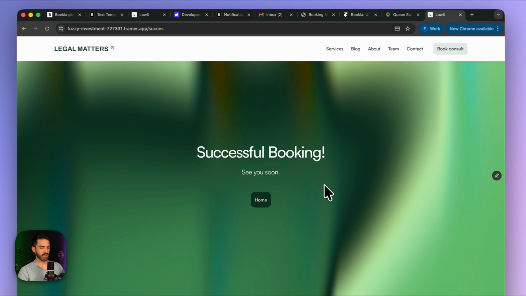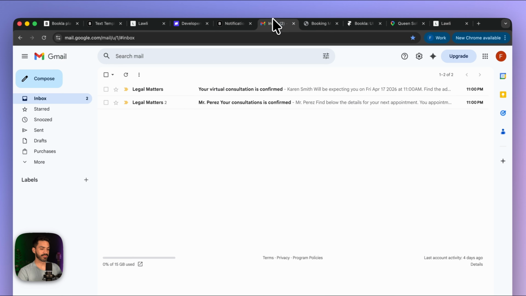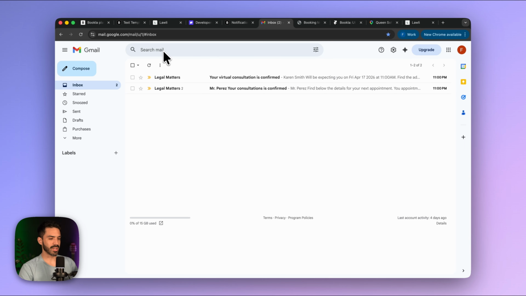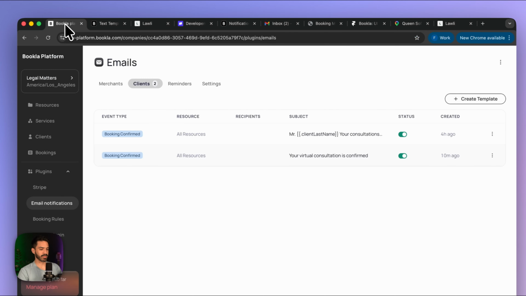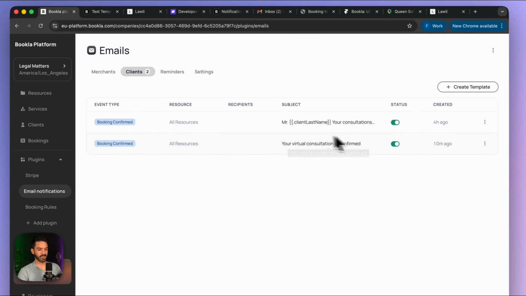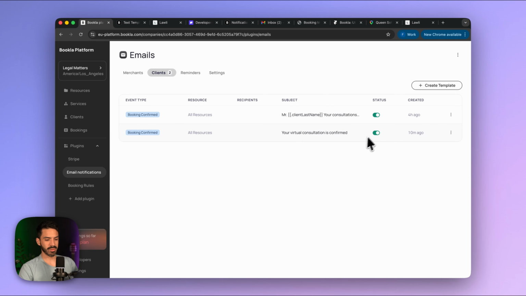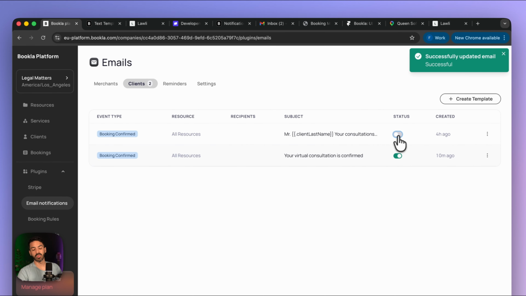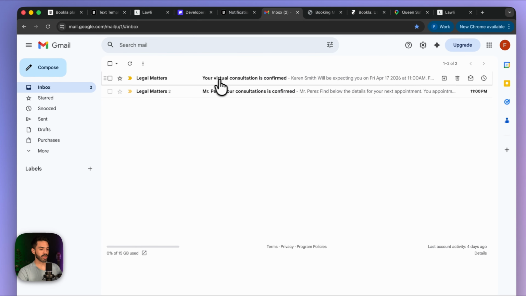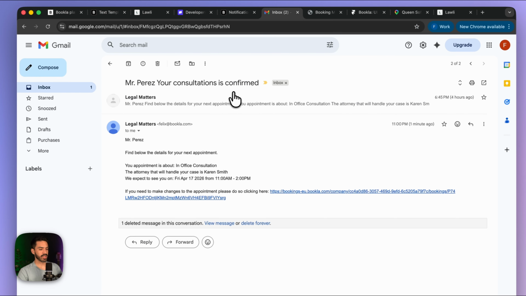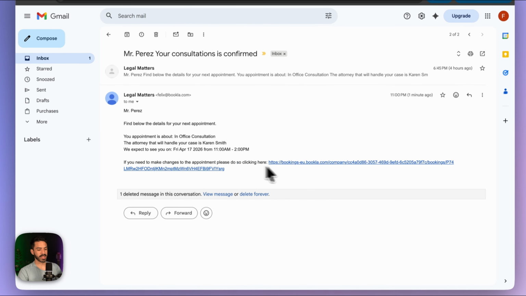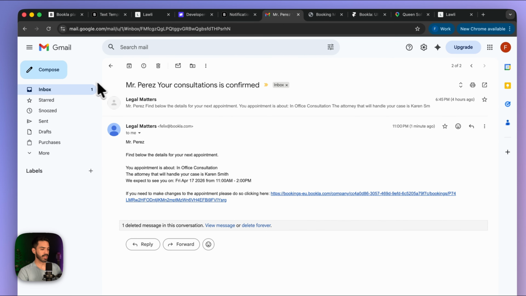Great. Now we should be getting an email. But we have to. Oh, we didn't disable the second template. So as you can see, we have the first template and the second one. Let's disable the first template we created so we only get one email the next time. But let's see how they are. So this one is the first one we got with the manage URL. And the second one,